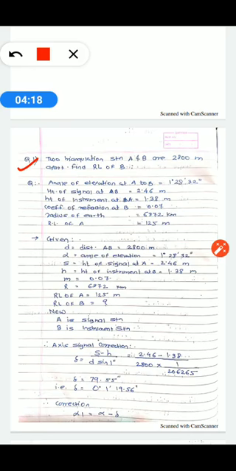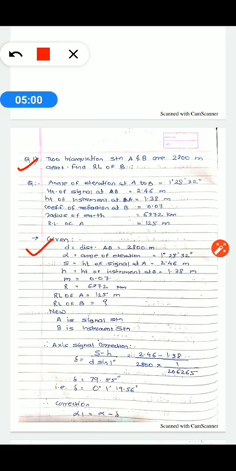Now consider the given data, that is the angle of elevation at A to B is 1 degree 28 minutes 32 seconds, then height of signal at B is 2.46 meter, then height of instrument at A is 1.38 meter, then coefficient of refraction at station B is 0.07, means the value of m is given, then radius of earth, that is a constant value, 6372 kilometer, then RL of A is 125 meter. After considering the problem, now first, step number 1, write down the given data with respect to the problem statement.